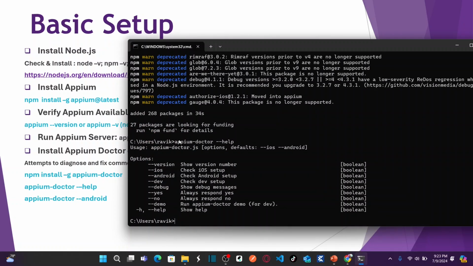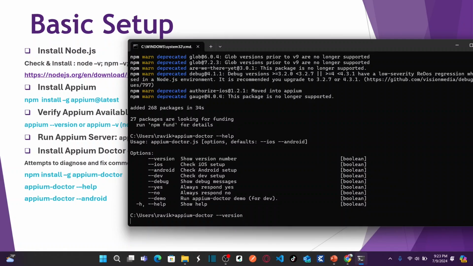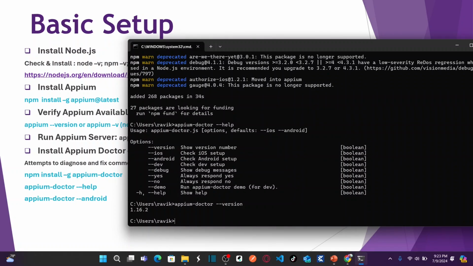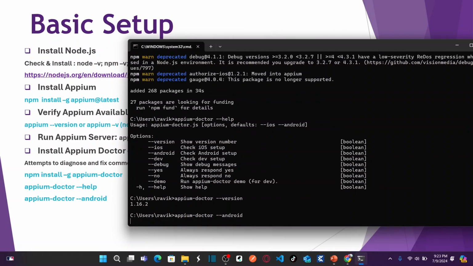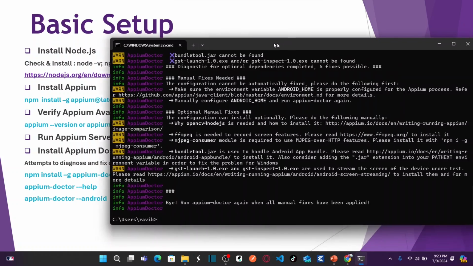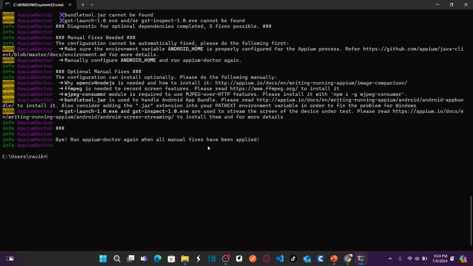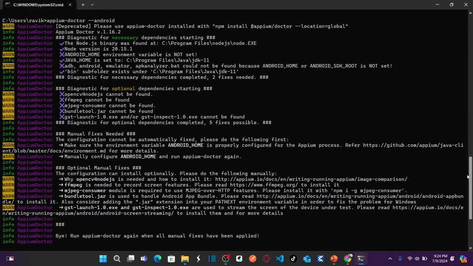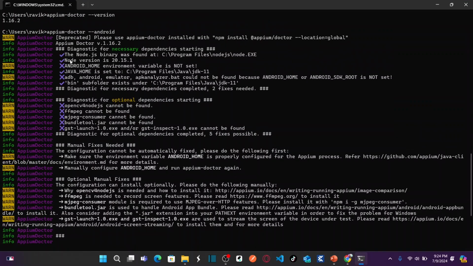See, these are all the help commands that you can get. You can use version, you can use iOS. Let's use version. So this gives you Appium Doctor's version. See, 1.16.2. And then if you enter appium-doctor --android, we'll see what happens. If you see, it gives you information about what is available in your system. It says your Node.js is there and the Node.js version is this, but you don't have